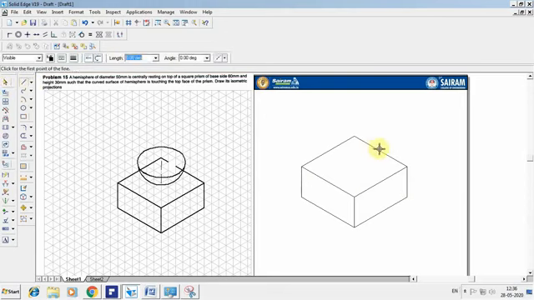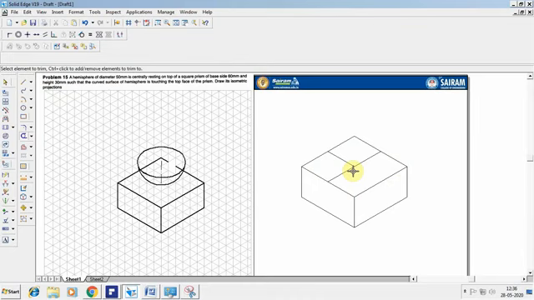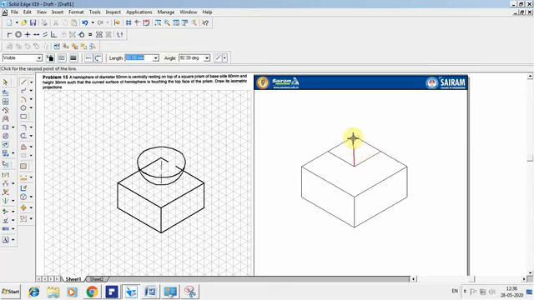So on the upper face, I have to draw a center line. So draw the center by connecting that. Go for trim and trim off the center. Now I have to create a hemisphere over here. So there will be two methods. You can draw the hemisphere separately and place that, or from here itself you can draw the hemisphere.